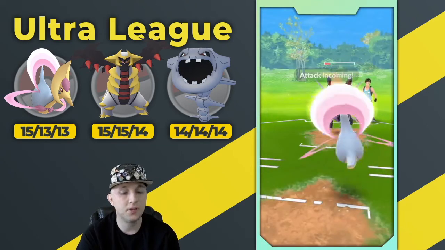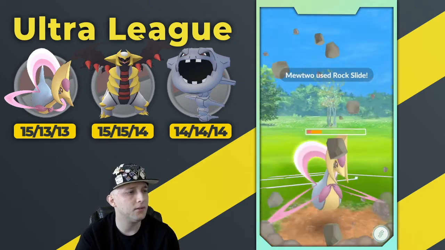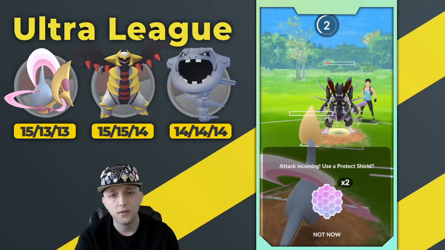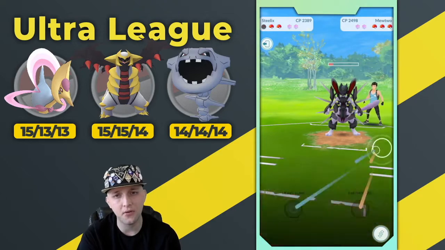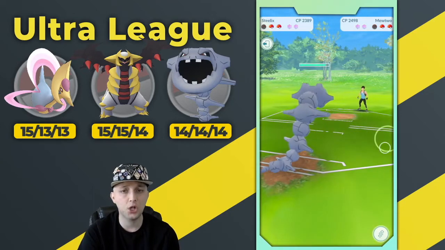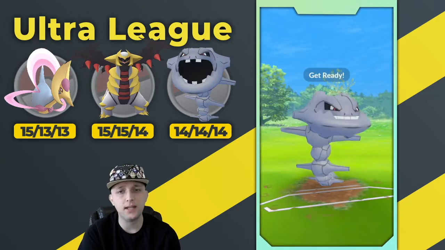But considering the bulk of Cresselia, this is why I like to open with it, I'm not too pressured to use shields. Psycho Cut's not doing much of anything, but I know I can build up energy fairly quick, and it's Future Sight. I mean, nothing really wants to take a Future Sight, right? So they end up using their energy on the Cresselia, and rather than using a shield, I'm like, you know what? Okay, I'll just come in with the Steelix, Dragon Tail down, which fortunately we did,